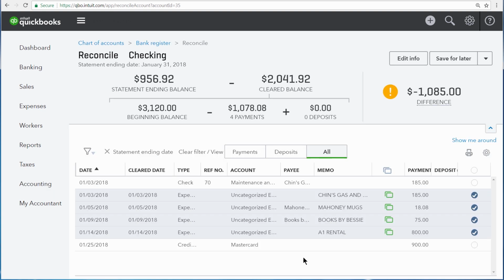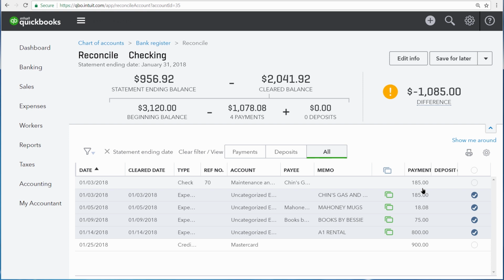Your job in a reconciliation is to look at the bank statement or credit card statement and compare the information on that official statement to what's in QuickBooks. Every line on this reconciliation displayed right here represents a different transaction that is in QuickBooks. We have to go through these transactions, comparing them to the bank statement, making sure that they have the right details, especially the right amount, and also the correct dates.